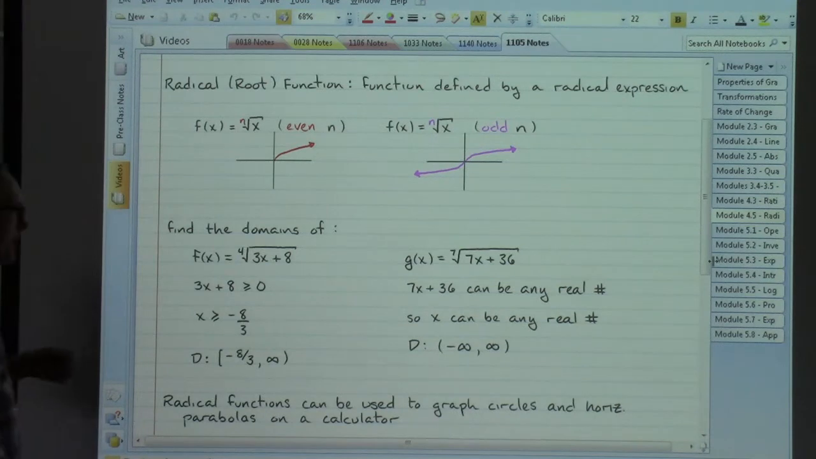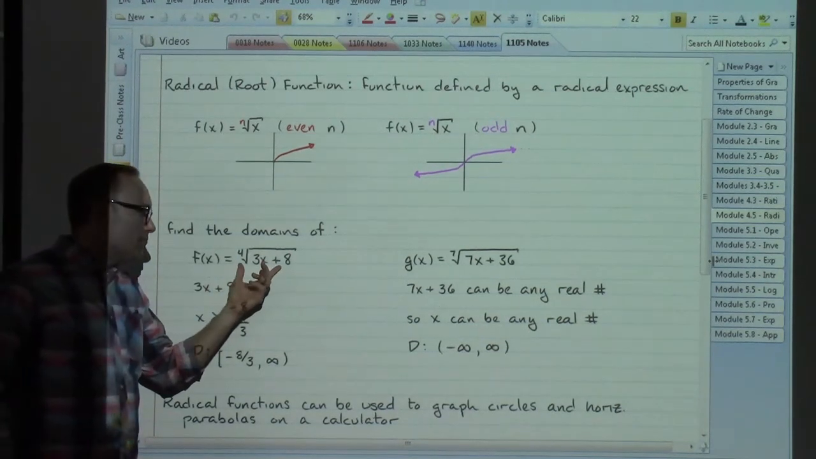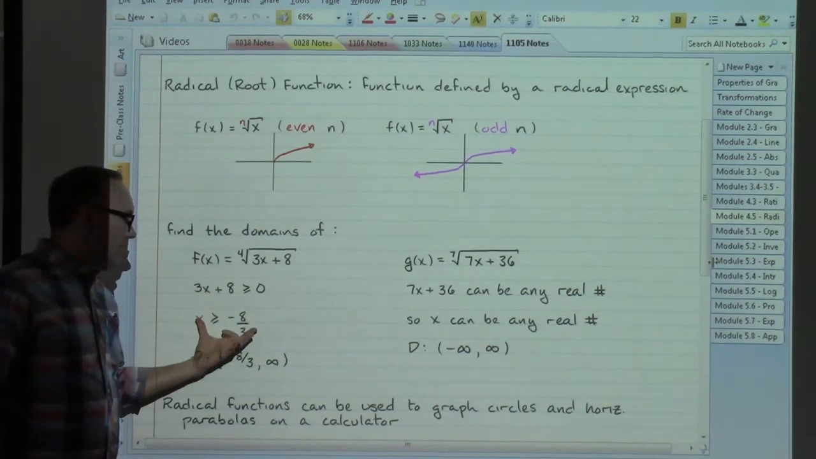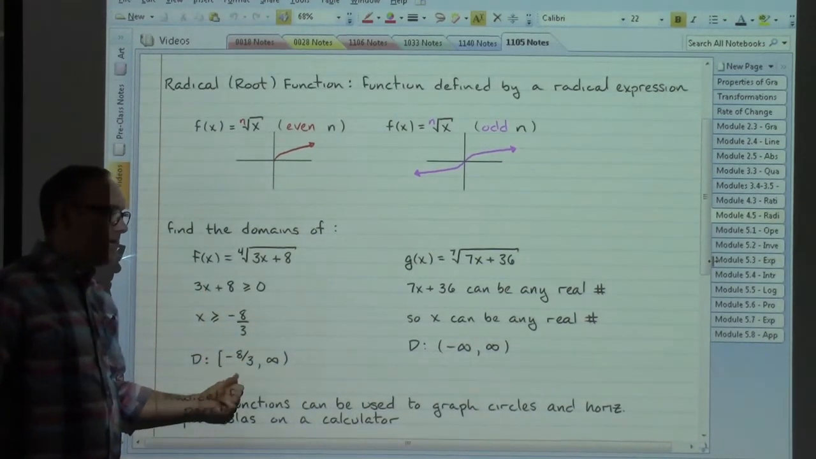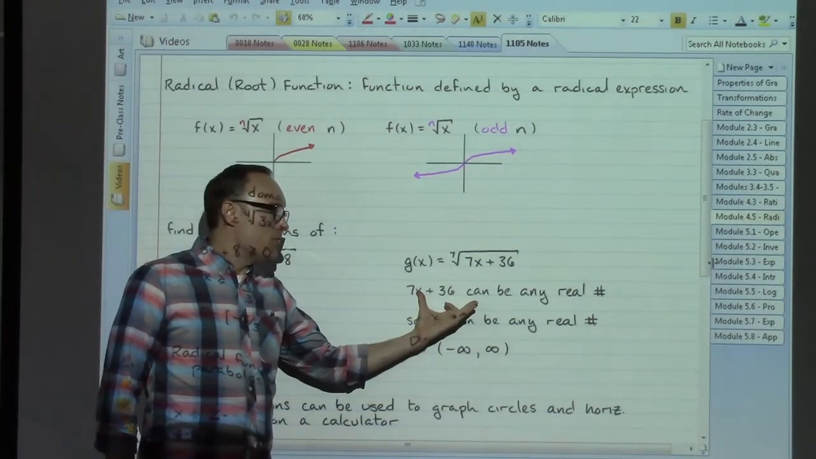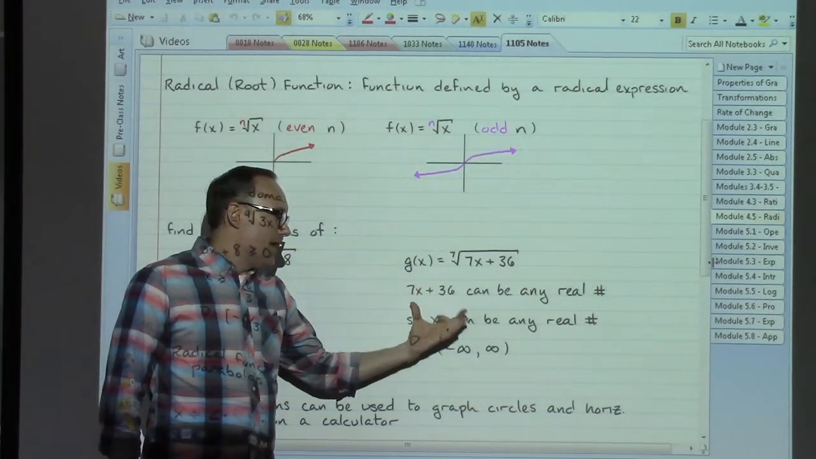even roots versus odd roots, that's the big deal. Even root, what's in the root has to be greater than or equal to 0. That's going to have an impact on our domain. For odd roots, there is nothing that is an issue about what's inside the root, and that would mean that